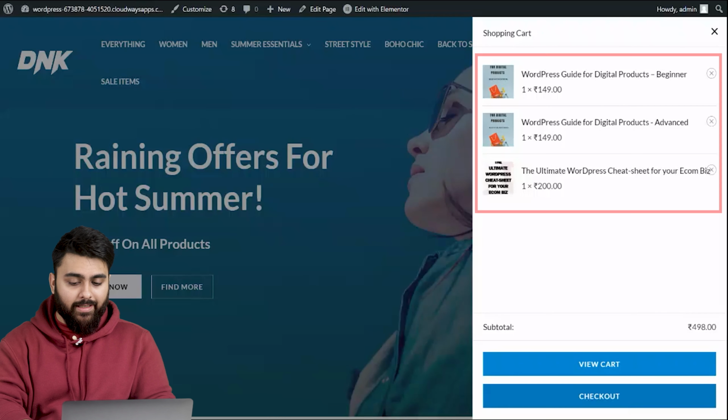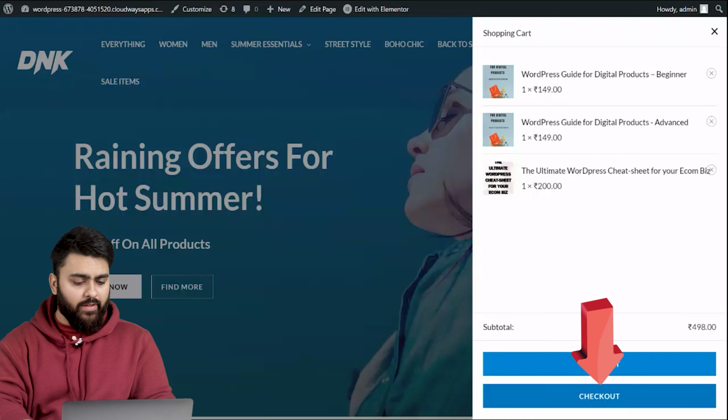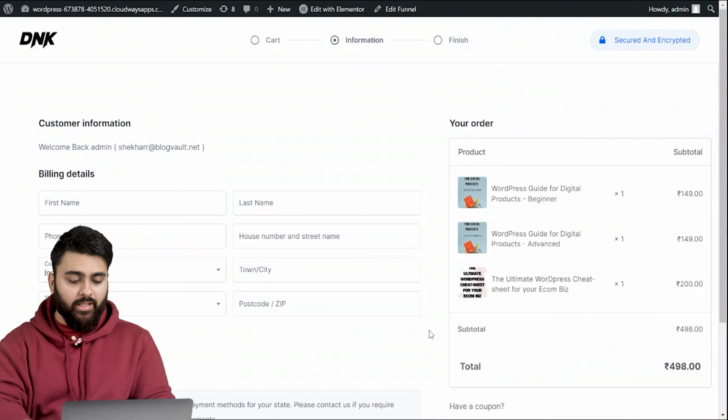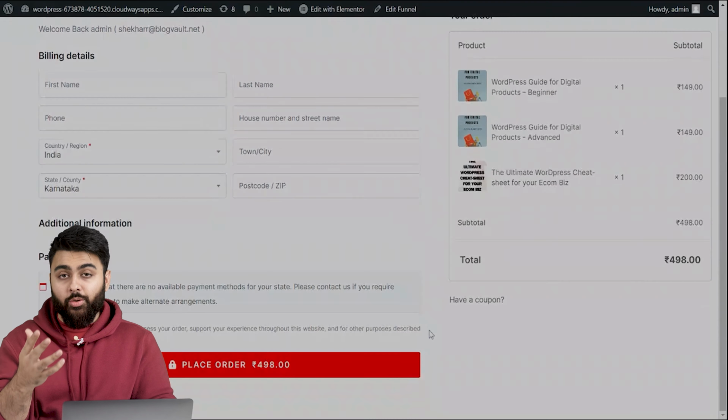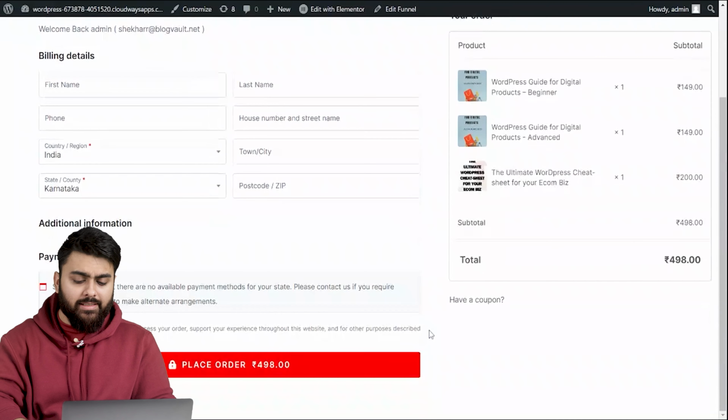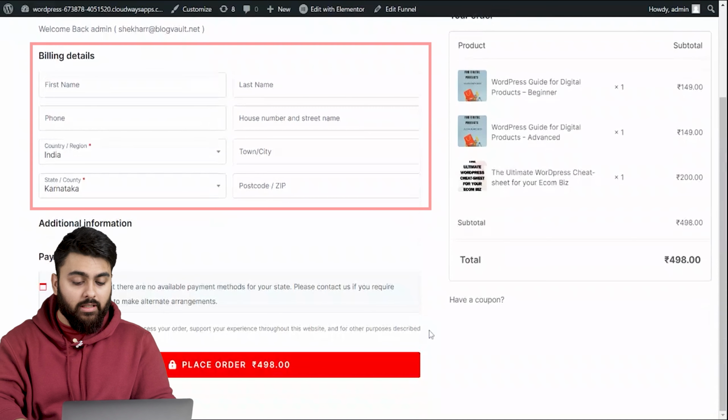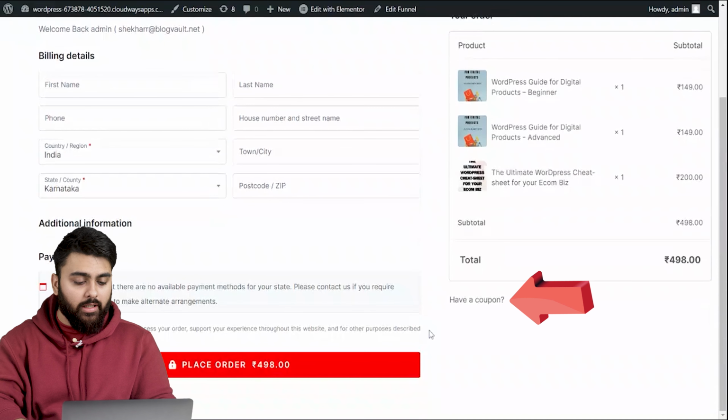Hi there. So this is my online store and I've added some products to it. If I click checkout, then this is what my checkout page looks like. So today I'll show you how to use a free plugin to get this type of well-designed checkout, which has a proper product image here, some text fields, and other elements like a coupon button that will make a better